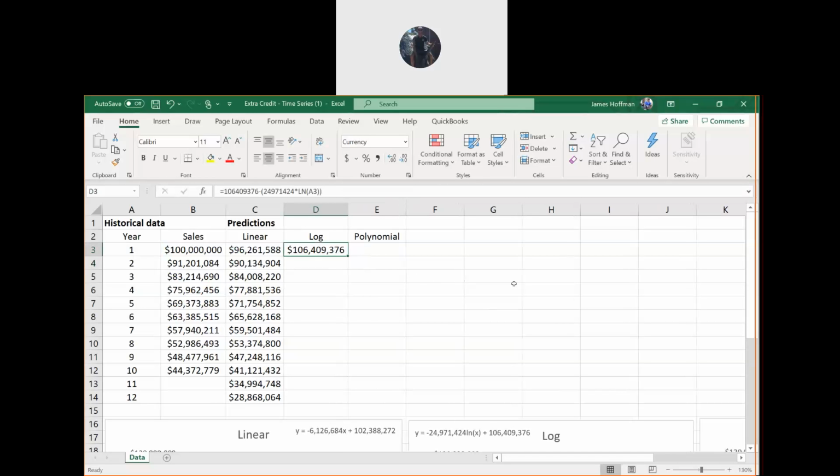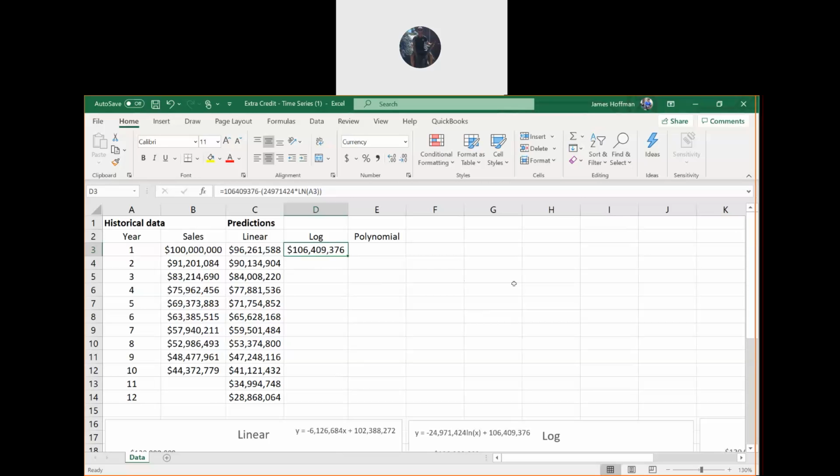All right, so that's the value I think we should get: 106,409,376. Is that what we got for the first year of the log? If you got that, you can apply that formula for the log for the rest of the years.